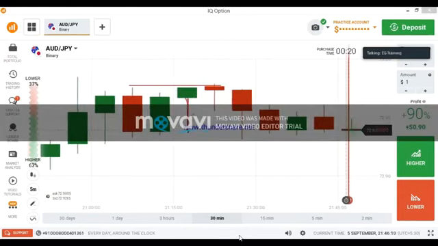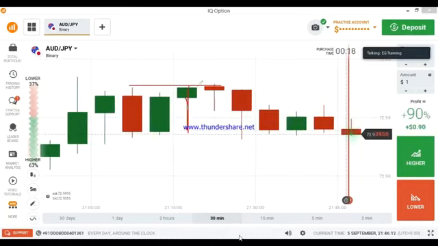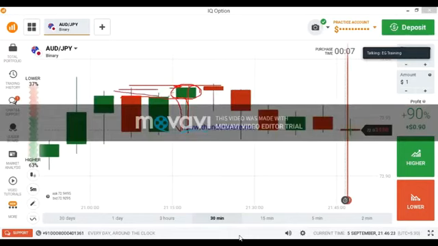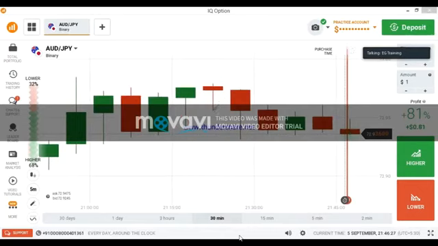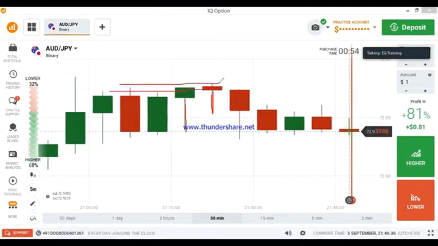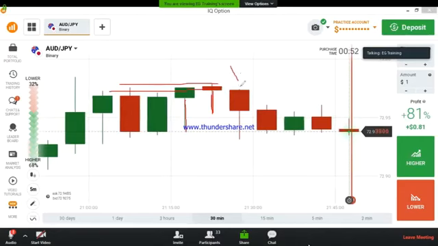The seller's entry and the buyer's entry again, but the candle closing point is at the seller's area. This is the seller's area because we are seeing a seller's entry in this candle from this level. The candle closing point is at the seller's area, so there is a chance for sellers to enter again. So again it rejected from buyers. The buyers tried, again the buyers tried, but again the candle closed at the seller's area. It means again there is a chance for sellers to enter.